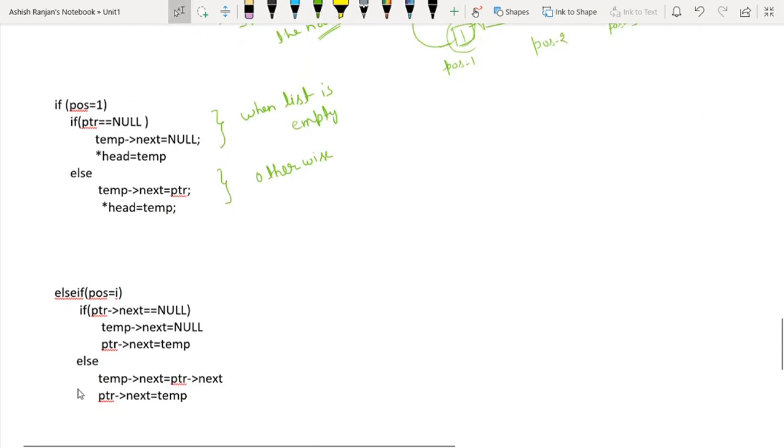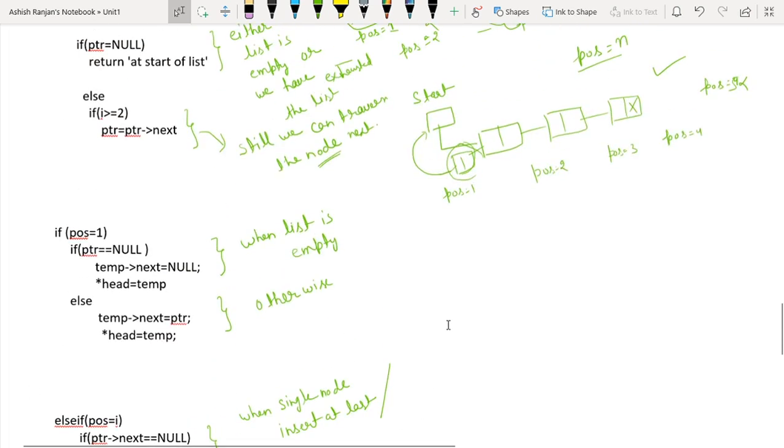So for this, when single node, insert at last only. Or this is also possible: one more thing can be true. Let's suppose we have three nodes and I want to store at position number 4, then also it will execute, because we are storing at the last node.